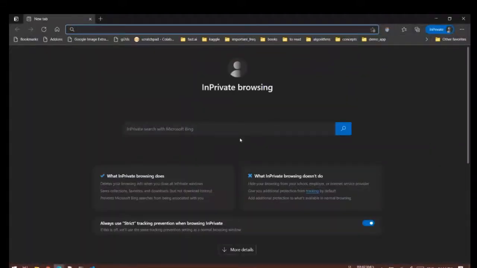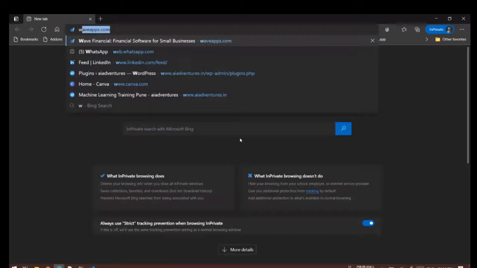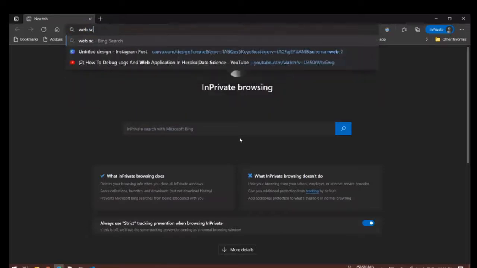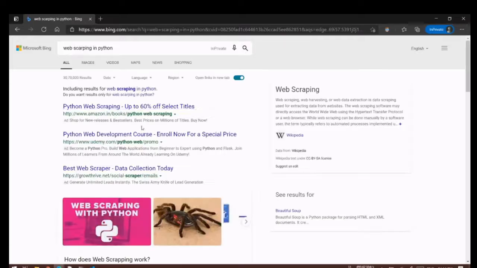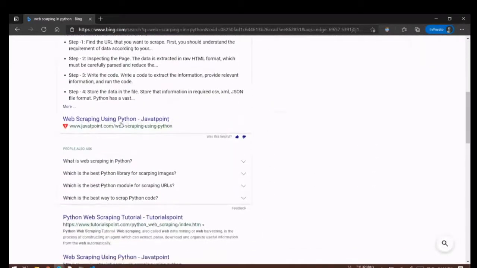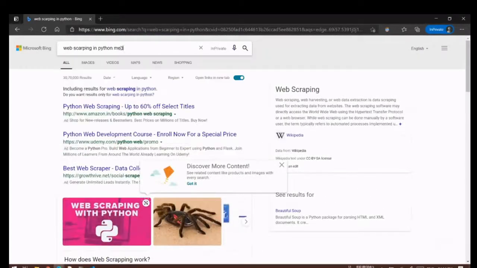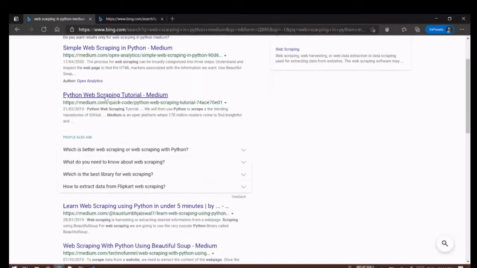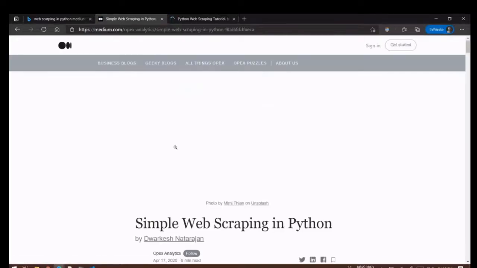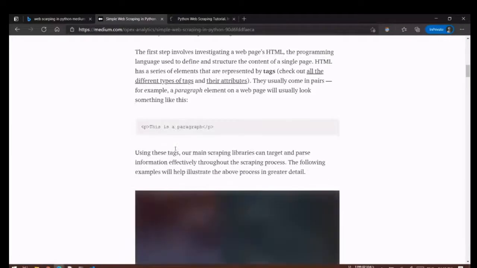Okay. The first thing that we have to do is scraping. So I'll search for web scraping in Python. I'll add medium so that I get a blog around it. I'll click on a couple of links and let's see what it actually gives us.